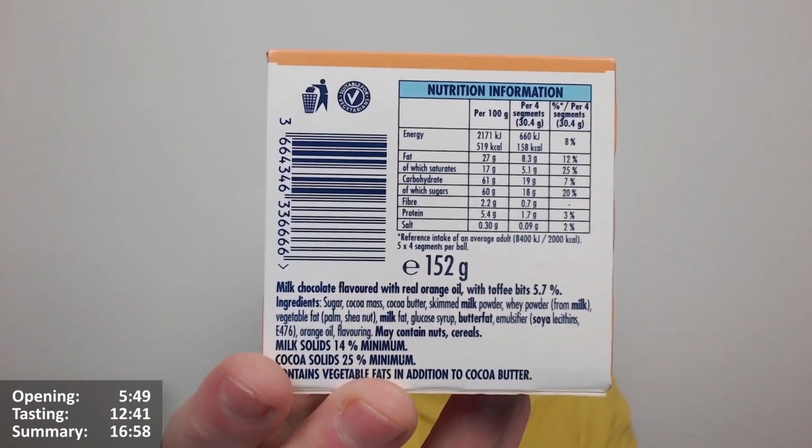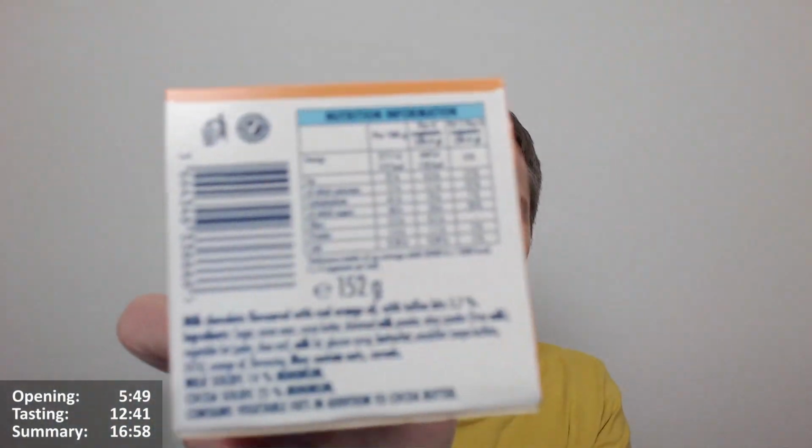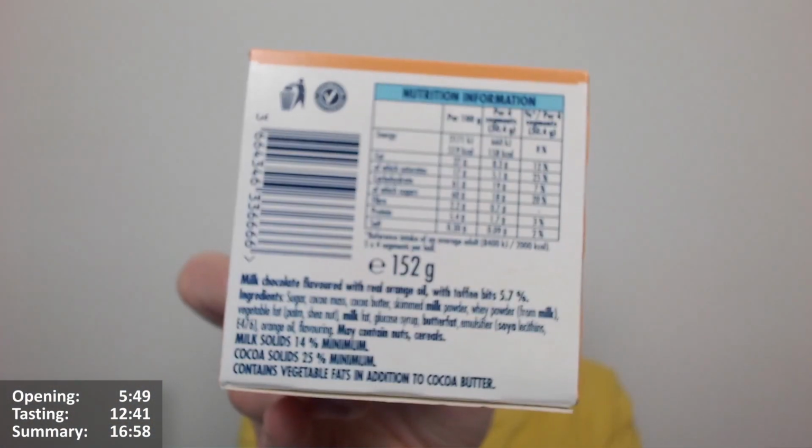So for some reason, I mean, it's only 5 grams, I guess you'd say, but why is it not 157 grams? I don't know. Maybe you could argue the toffee bits are a bit lighter than the regular chocolate, so maybe we give it the benefit of the doubt. It does seem a bit odd. But it's just the fact that the actual weight of the regular Terry's chocolate orange used